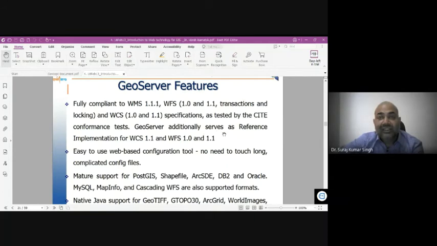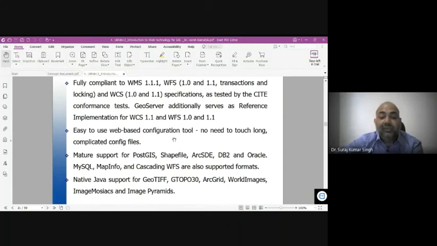GeoServer additionally serves as reference implementation for WCS 1.1 and WFS 1.0 and 1.1. It's a very easy to use web-based configuration tool. No need to have a long time of waiting and complicated setup. They are very easy to handle, and it can support PostGIS, Shapefile, ArcSDE, Oracle, DB2, MySQL, MapInfo, Cascading WFS.